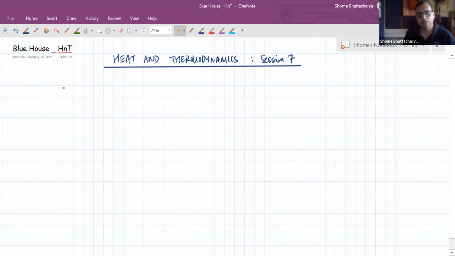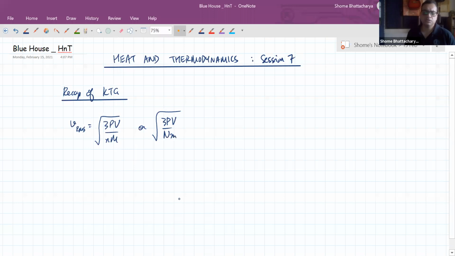So let's take a quick recap of kinetic theory of gases, the derivations that we did from that. We'll just look at the formula again. So we saw that by applying the kinetic model of the ideal gas and the collision theory and Newtonian mechanics to that perfectly elastic collision theory, we got the RMS speed of gas molecules to be square root of 3 times pressure into volume divided by total mass,